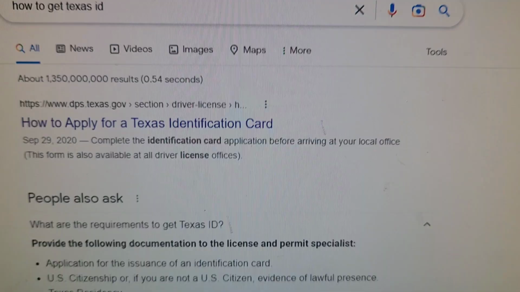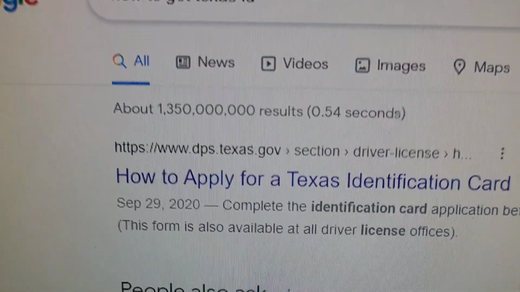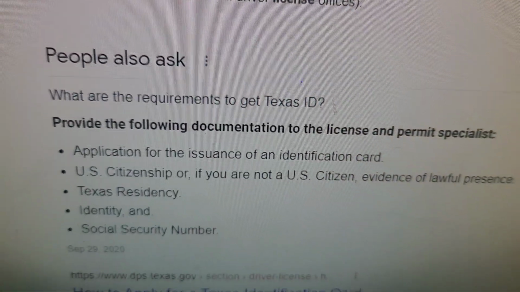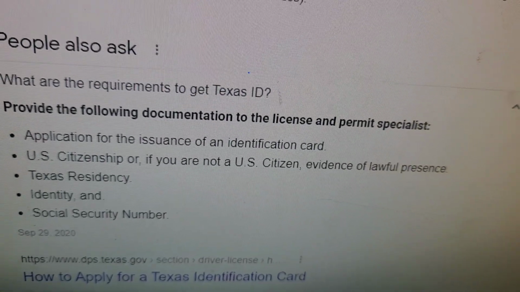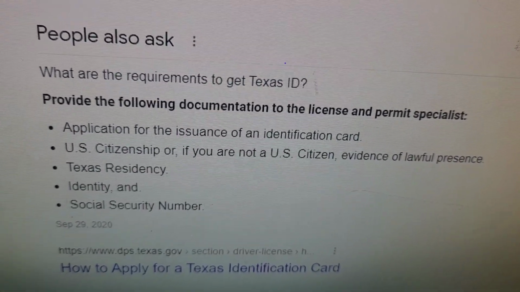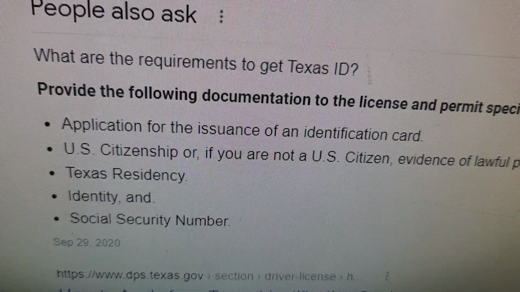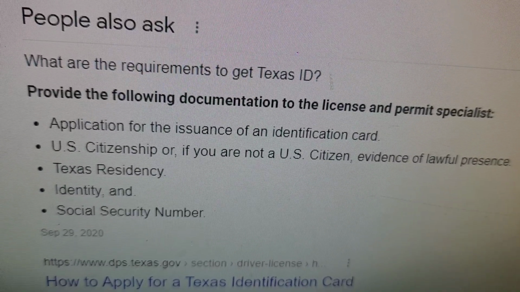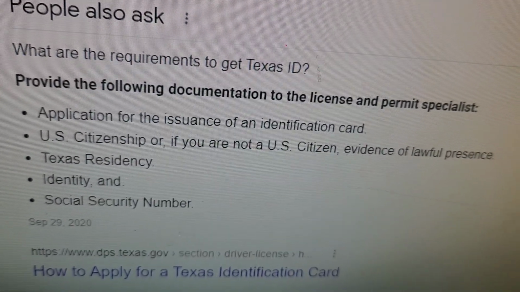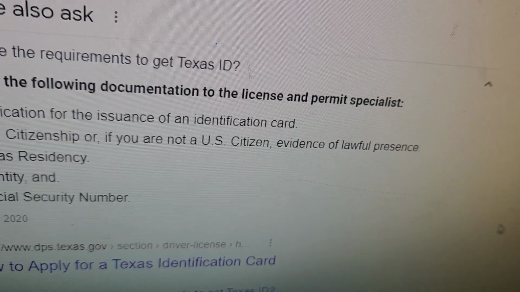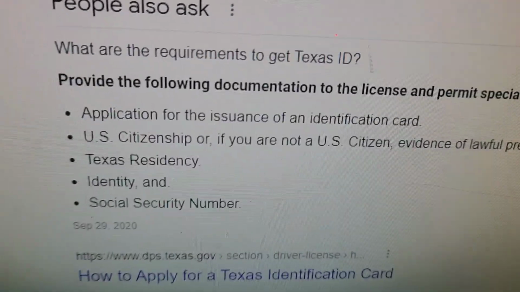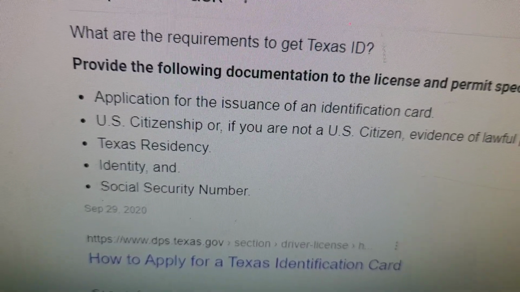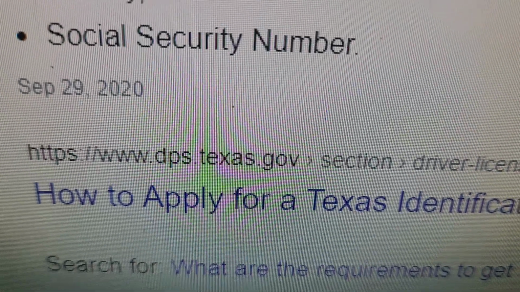Let me show you. Guys, so of course Google is like your best friend, right? But look, here's the requirements. The documentation needed for license or ID: application for the issuance of an identification card, U.S. citizenship, or if you're not a U.S. citizen, evidence of lawful presence, a Texas residency, identity, and social security number. So this right here,